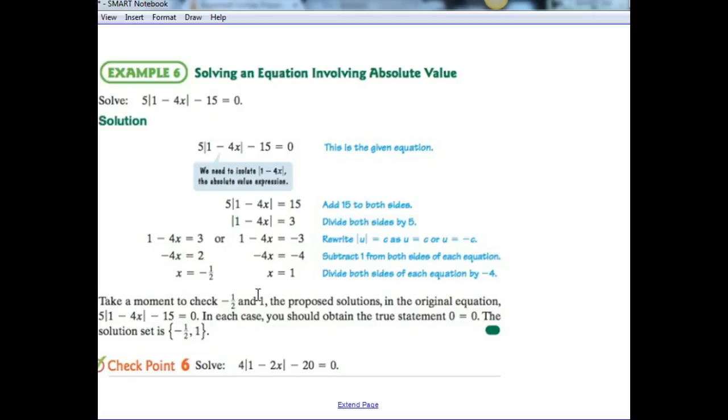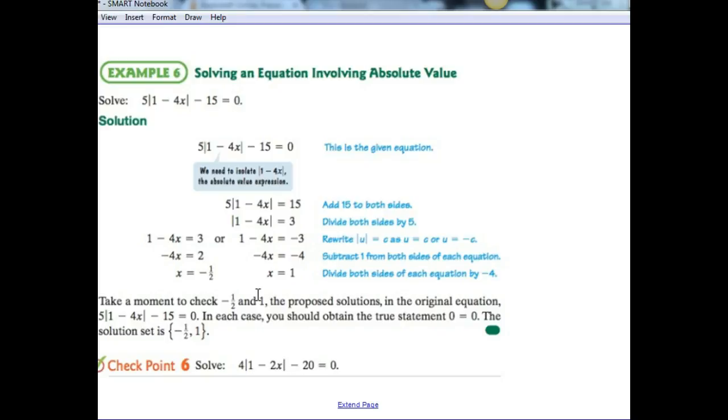We're looking at example 6 found in your pre-calculus part 1 textbook. This is in lesson P-7, found on page 89. In this particular example, we are going to solve an absolute value equation. Now, in order to do that,